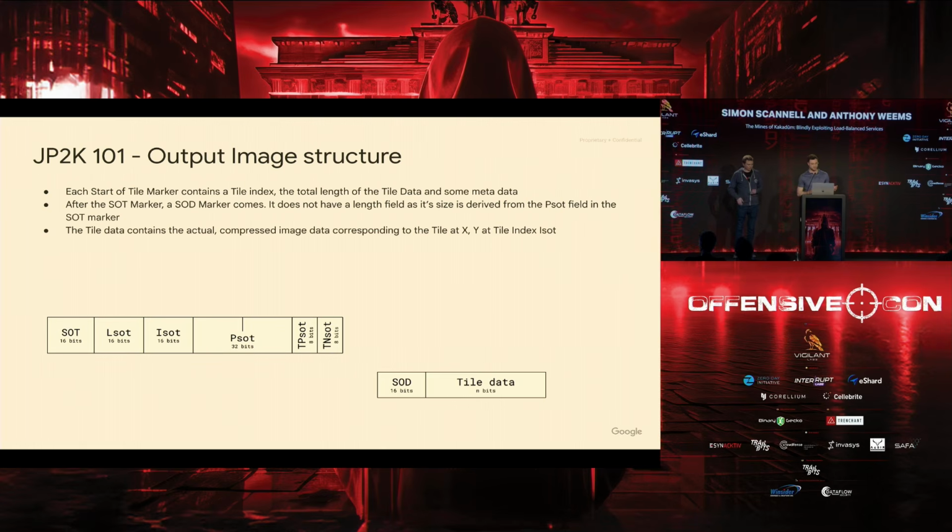We see the start of tile marker, which has the normal length field, and then has the tile index, which Kakadu then uses to calculate the position of the decoded data. And then it has a 4-byte field, which contains the length of the decoded raw data that comes after, because the decoded data could be longer than 65 kilobytes. So then we see the counterpart, the SOD marker, which doesn't have a length field because this contains data that might be longer than 65 kilobytes. So typically, you just have a stream of these SOT markers with their index. How long is the decompressed data? The data decompresses it and then moves on.